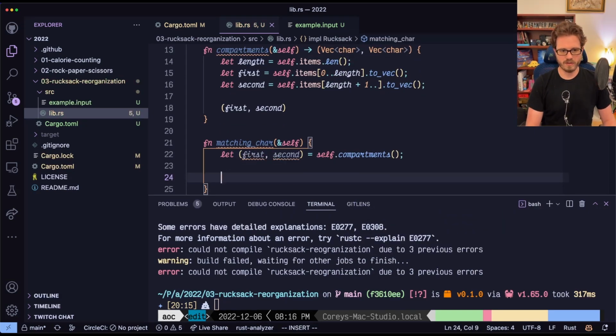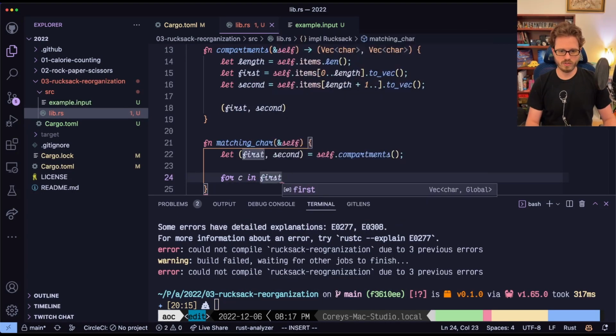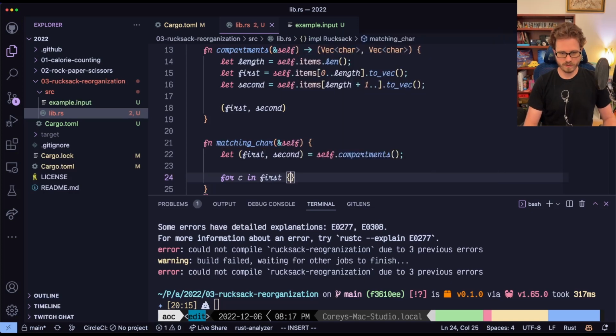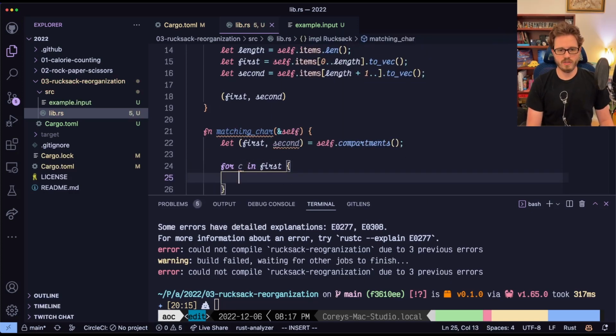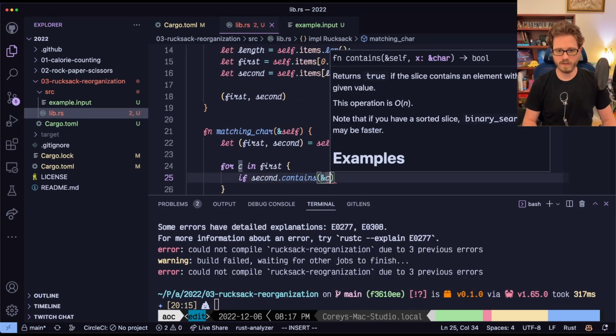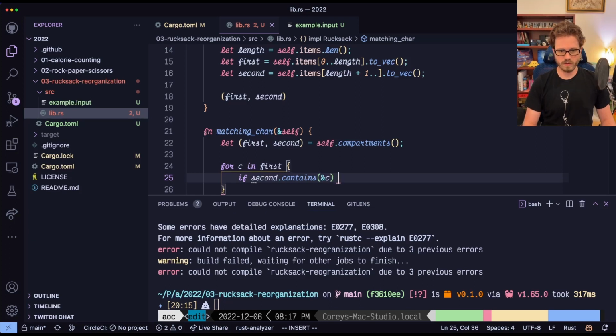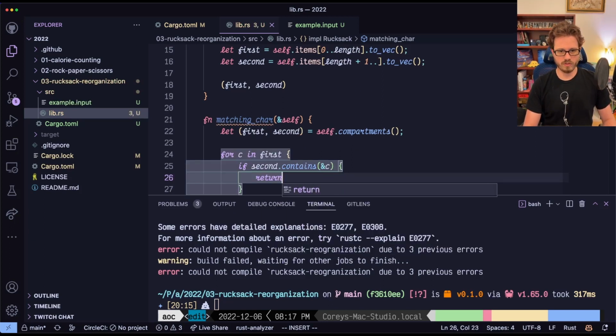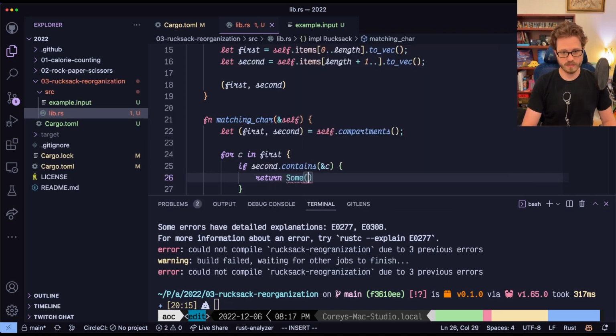And then for C in first, for that one in first, if second dot include contains, if it contains C, then we return C. Then we return sum of C because I'm going to need a